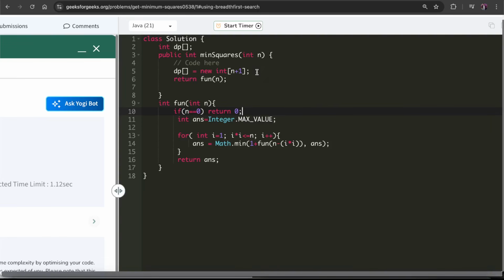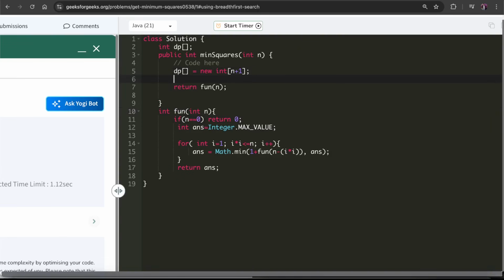But before that, the first step is that you initialize the DP array and then you fill it with some number which could not be a possible answer in any of the scenarios of this recursion. So negative integer would never be an answer. So we fill it and